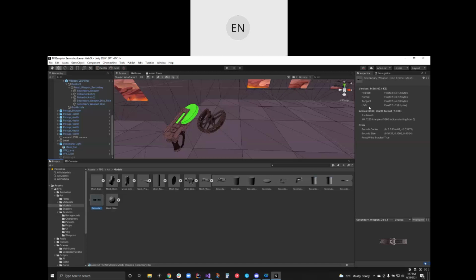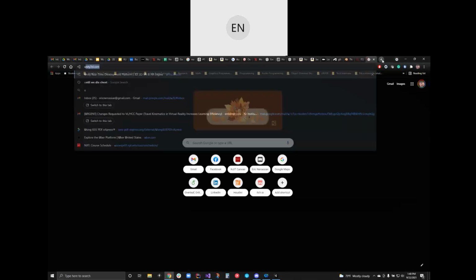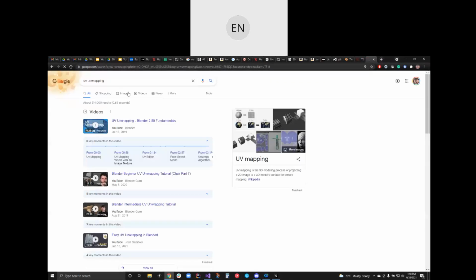The UV sets. Notice it's UV 0. You can have multiple UV sets on a mesh. You can have UV 1, 2, 3, 4, 5, 6, and there's some limit. But these are 2 floats, a U and a V. That's what I wanted to do: download a UV editor in Unity. I'll have to do that next time. But the UVs specify, basically, think about a 3D mesh. You unwrap it and apply a texture to it. So I'll quickly look at a UV and just look at the images.